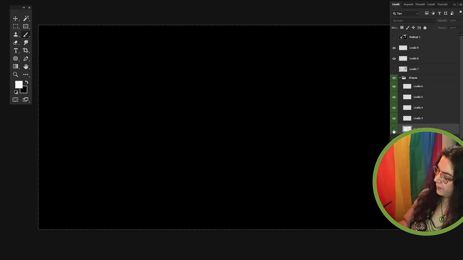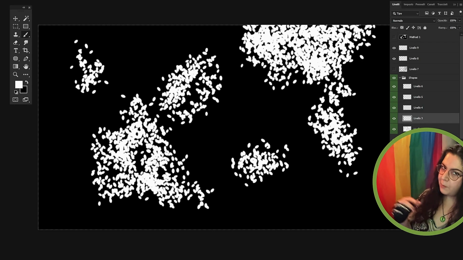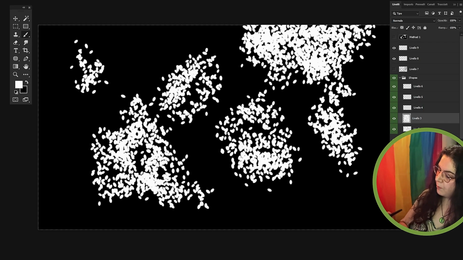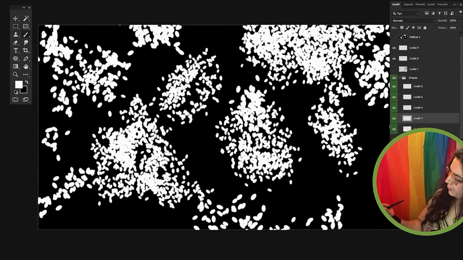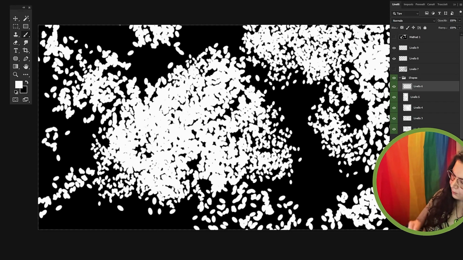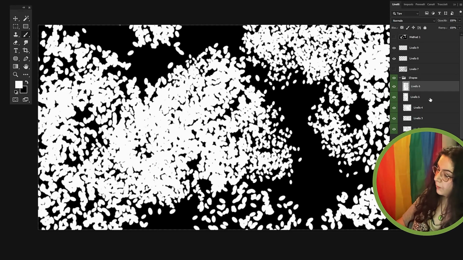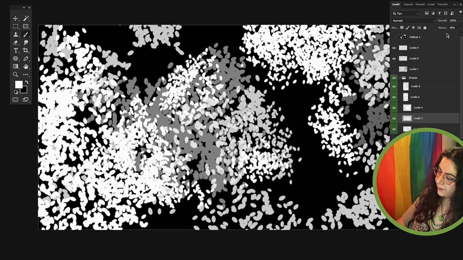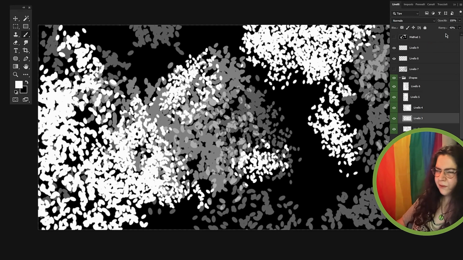We have one layer with the rice brush. Now we can make more layers and draw more rice. I also recommend you to change the size and play with it. You don't know what I'm doing, right? Neither do I. And maybe we can have a different layer too, and more layers, and so on. Now go to each of those layers and change the opacity. You don't see it, right?